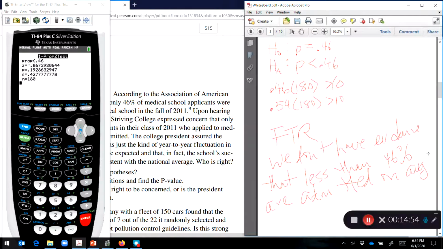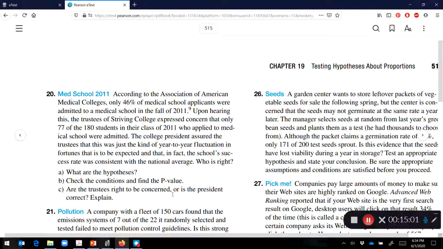Okay, this just happened to be a weird year. All right, so should they be concerned? No, they should not be concerned because that is just normal year-to-year variation. Or at least we have no reason to believe that it's not just normal year-to-year